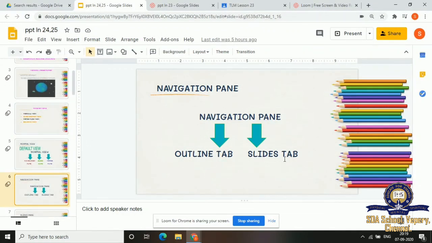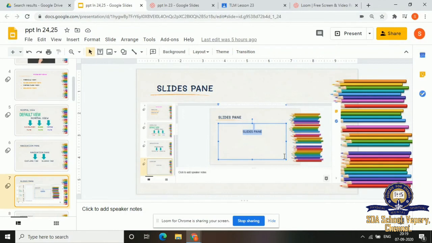Next is the slide pane. This is the slide pane. This whole thing is called the slide pane. The slide pane contains the larger slide. This is the larger slide. This is the navigation pane. This is the slide pane, and here can you see 'Click to add speaker notes'? That is the notes pane.